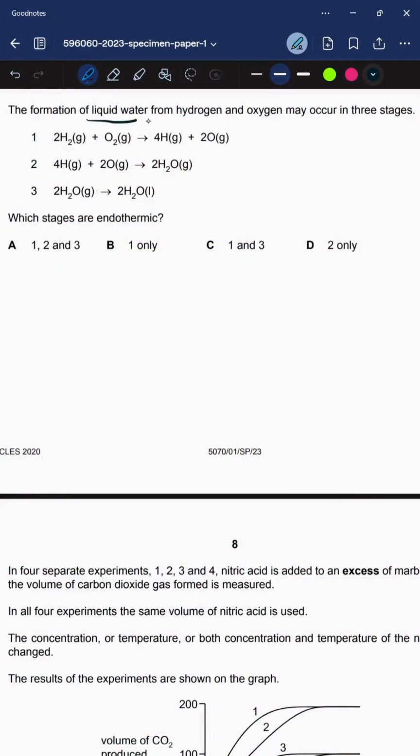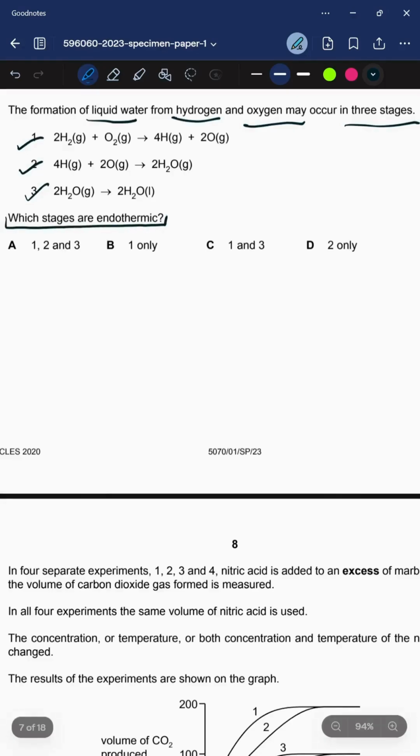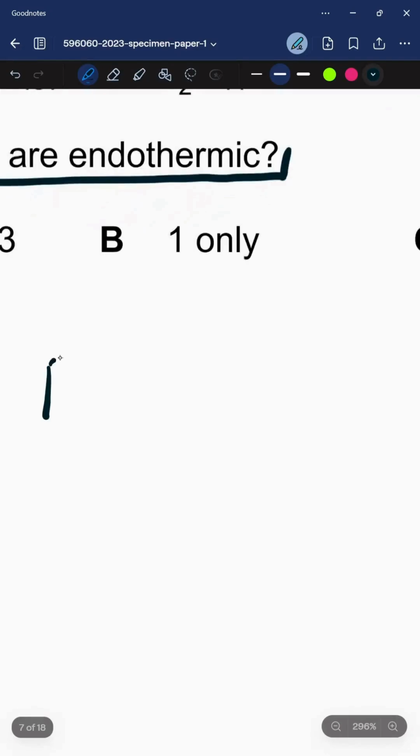The formation of liquid water from hydrogen and oxygen may occur in 3 stages. So we've got stage 1, stage 2, and stage 3, and we need to determine which stages are endothermic. Before analyzing these 3 stages, let's first understand the difference between an